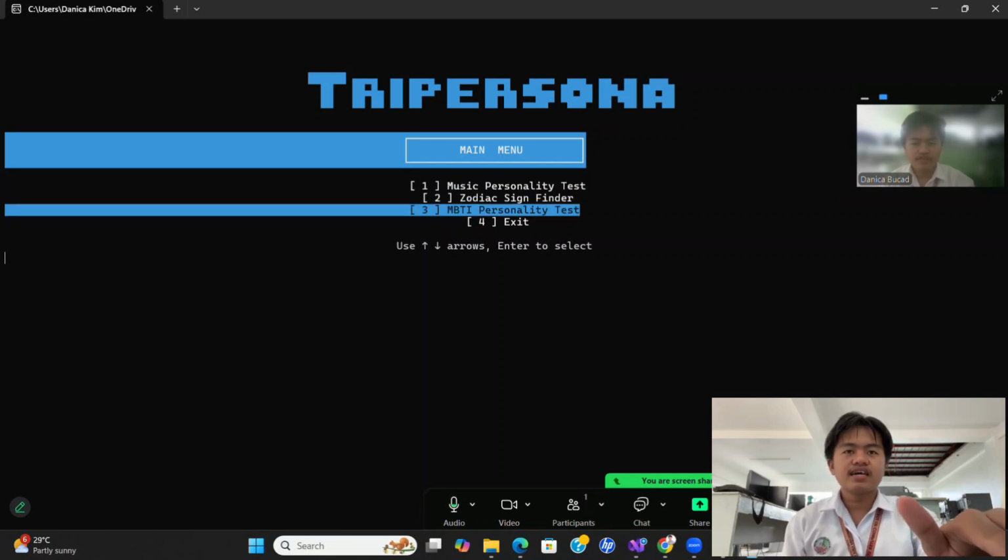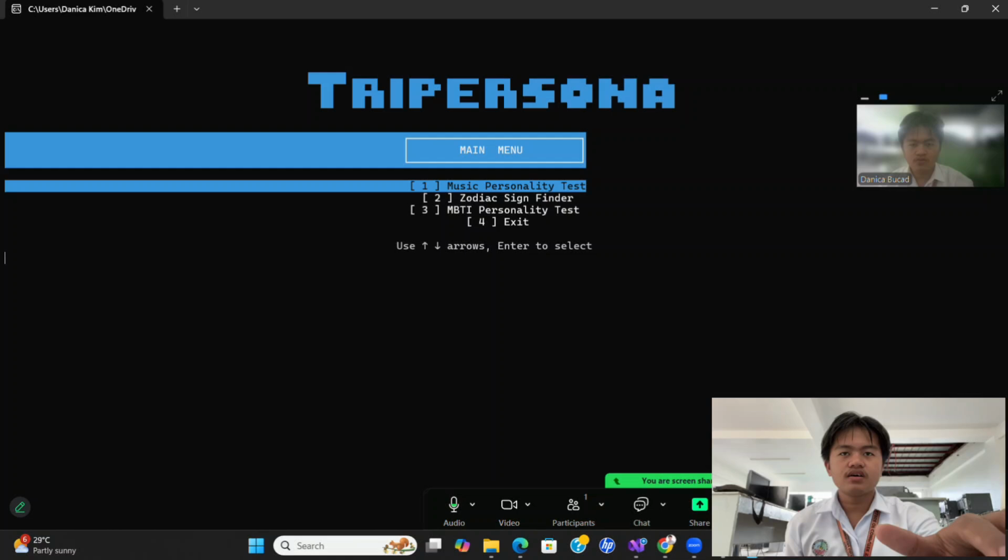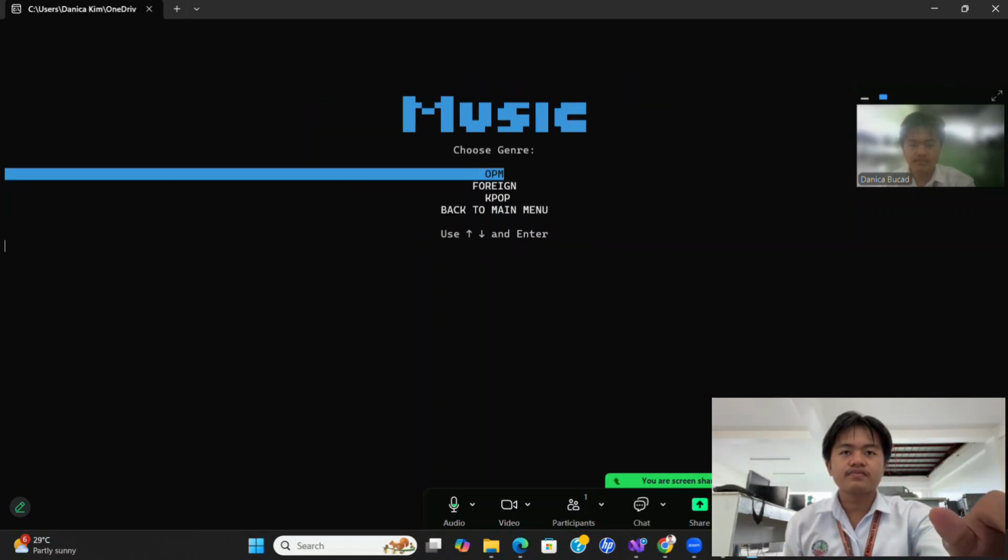To navigate the program, we use, as stated here, the up and down arrows, and then enter to select. For the first part, we will discuss the music personality test. Navigate using the up and down arrows, and then enter to select.